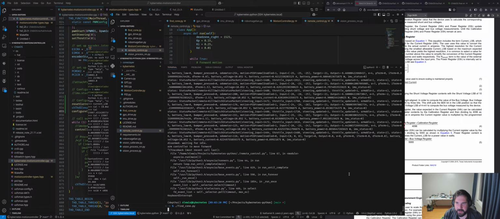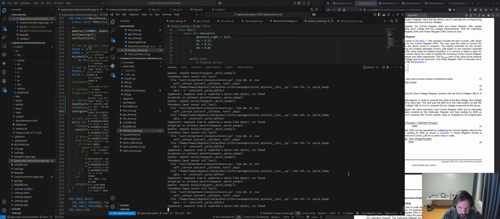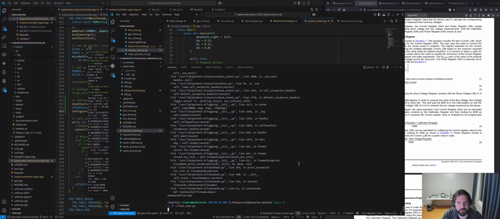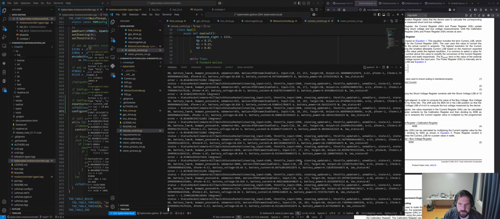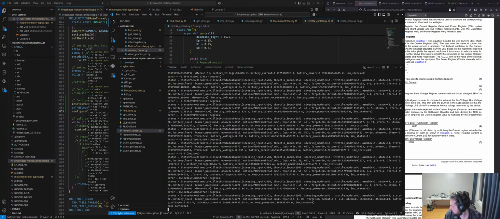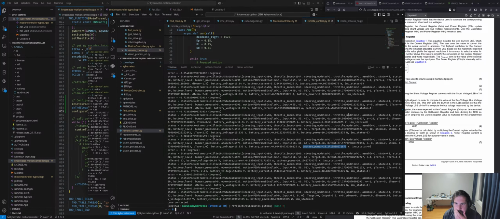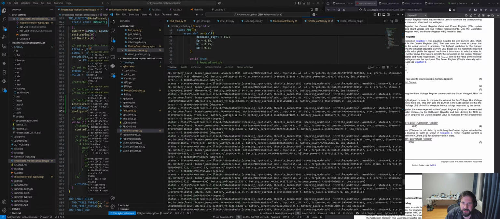And if we actually run this find cone thing, oh, well, it didn't crash. So if we do find cone, we can see that we're actually pulling more, like 10.2, 10.4 watts, because the camera's running a little AI model to detect the cone. So, okay. The current sensor and power sensor is in fact working. We can measure the battery voltage, the current draw on the battery, and we can measure the